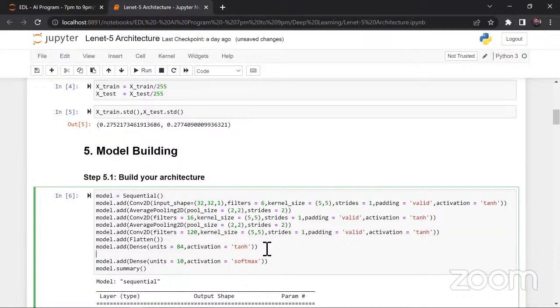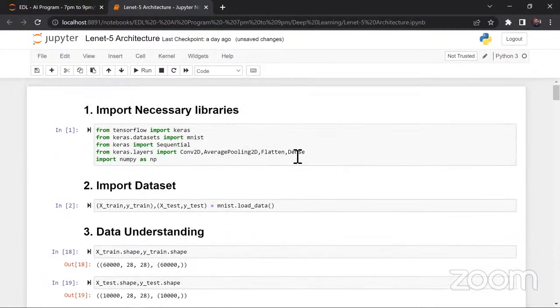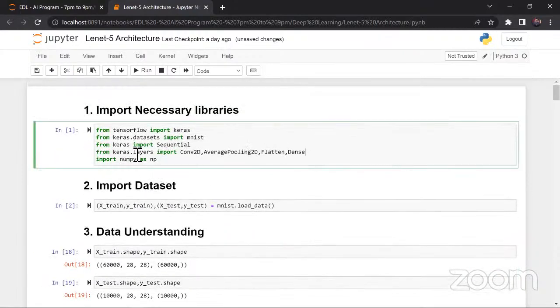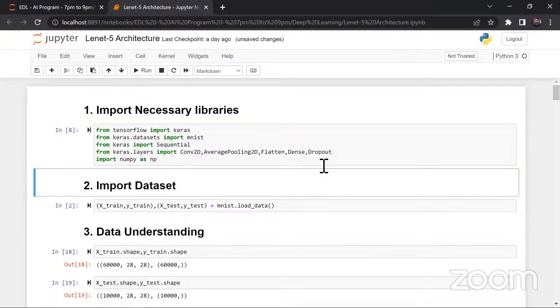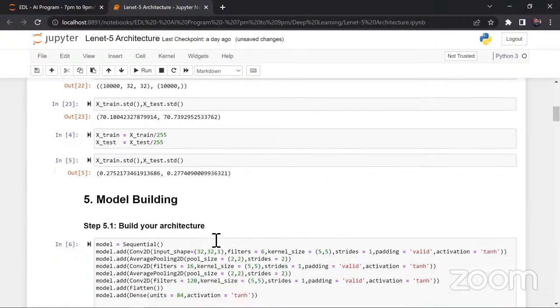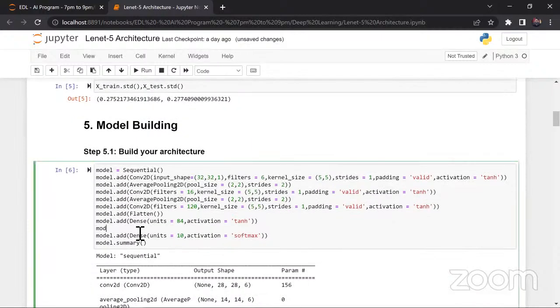So first let me import one more layer from keras.layers. There is something called Dropout. Let me import it, and in this network I'm going to add model.add,